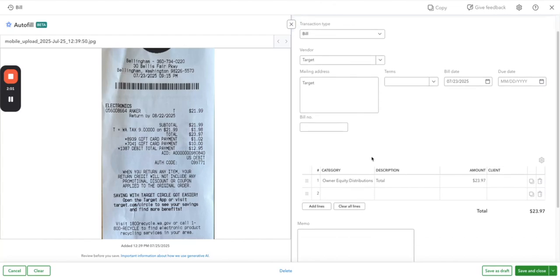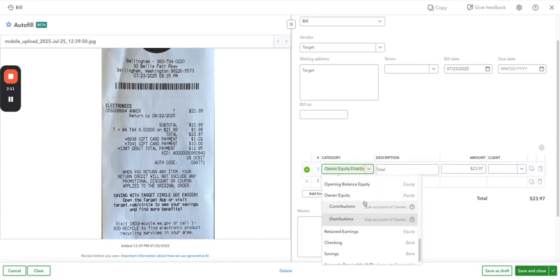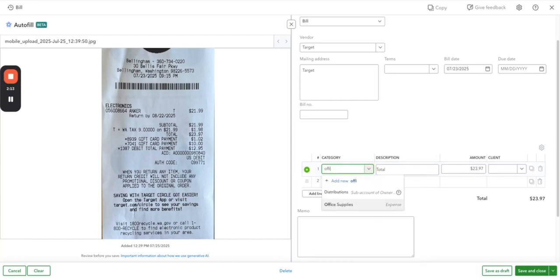the same time. Here we need to assign the category that the expense should be coded to. Here you can see I purchased an electronics product. So in my category, I'm going to select office supplies. If you purchase a lot of electronics, you might want to have a separate account that says computer hardware and related electronics, or if you were, for example, buying a lot of cables, you could even have an expense category called cables. In my case, I only purchase a few electronic devices per year, and I include them in my